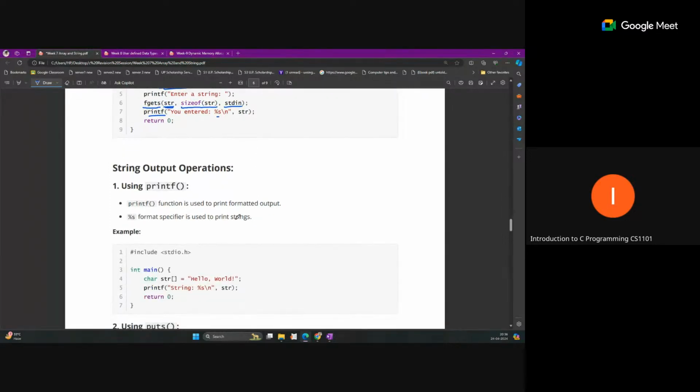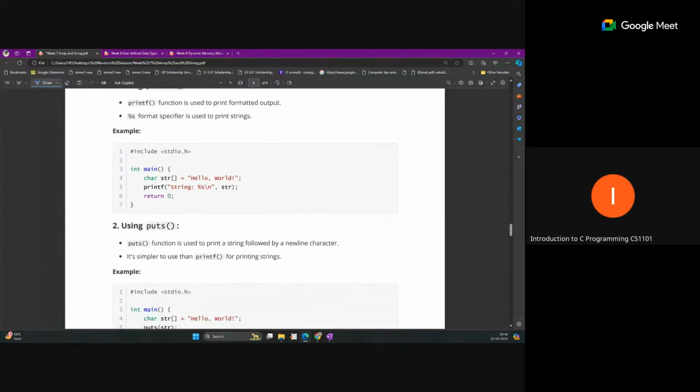And for output, you can also use the printf function. The printf function is used to print formatted output. You can add another string inside the string. Like here, you can see we are storing hello world, and after that, when we are printing, we are also adding other strings inside this. Here we are actually printing hello world. So we can concatenate another part to this. So printf is used to print in the specified format, formatted output. So we can pass the Hello, value of